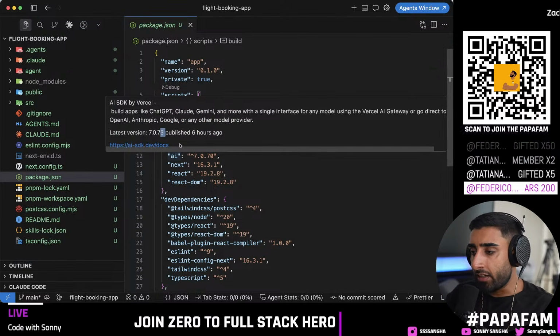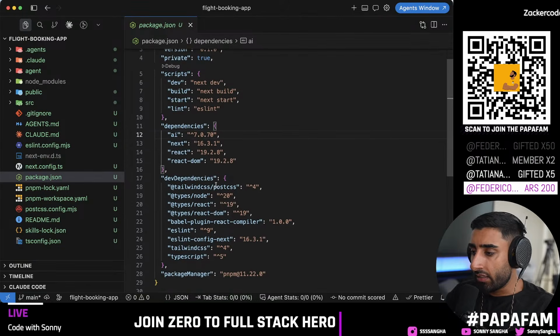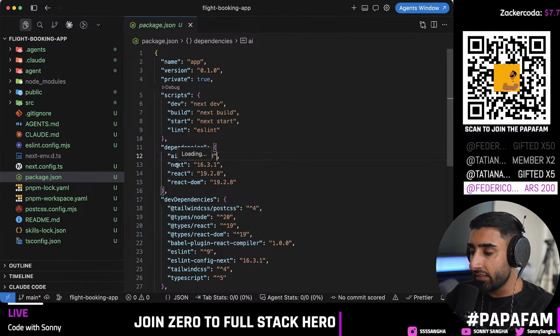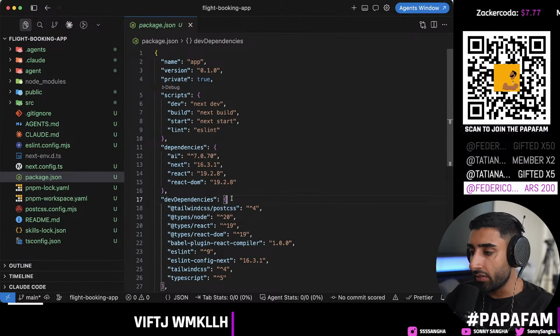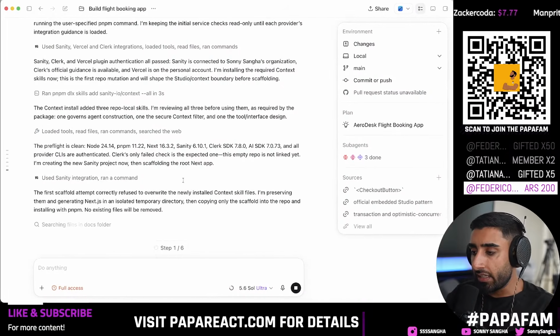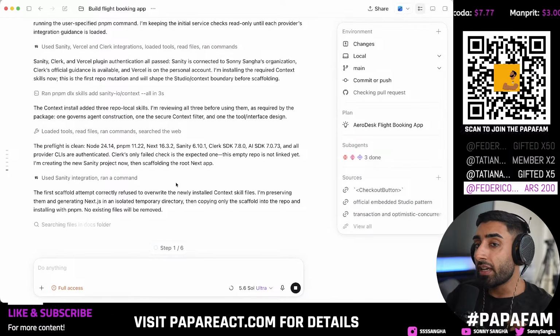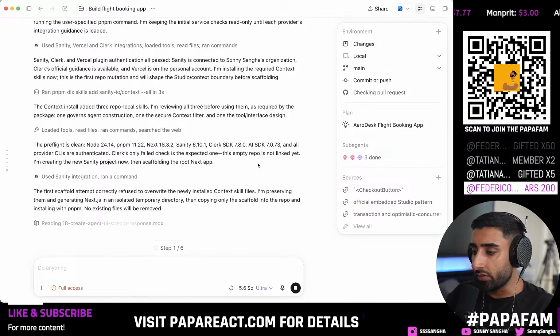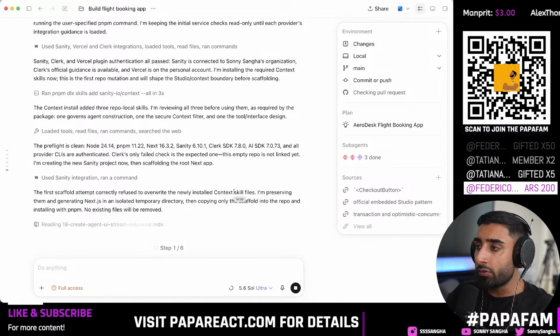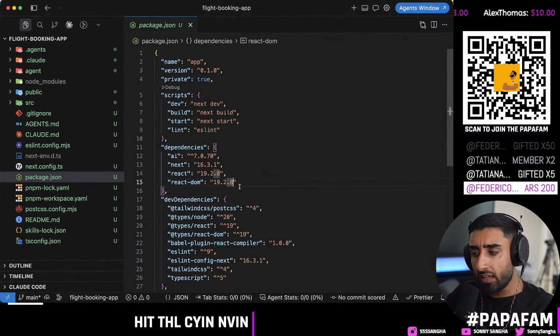So obviously, minor updates like this are fine, right? That's okay. We don't really care too much about that. But next, in this case, let's go ahead and see 16.3.2. That's good. And then as Clerk and Sanity get installed, I want to make sure that those get installed with the proper latest versions, because sometimes they can run into a bit of a hiccup and you need to keep an eye on that, because you might be like, well, I did everything you said and something didn't